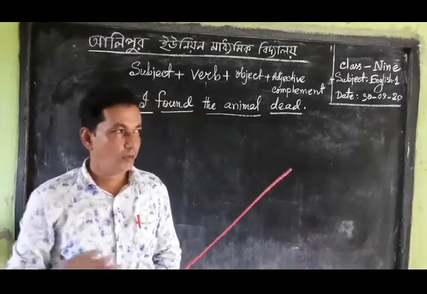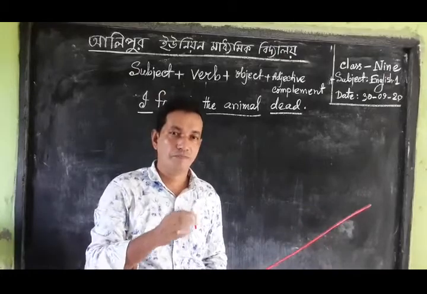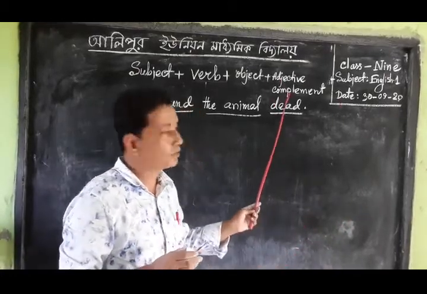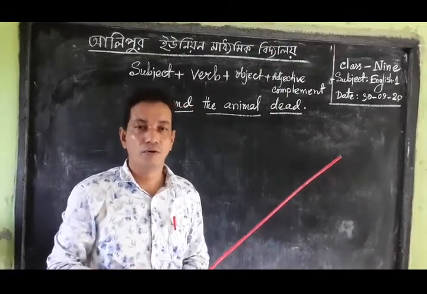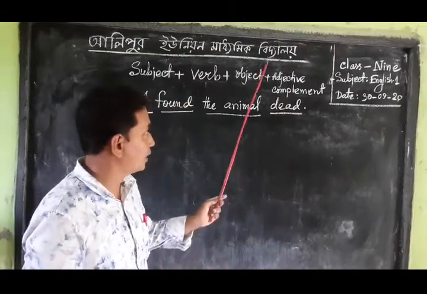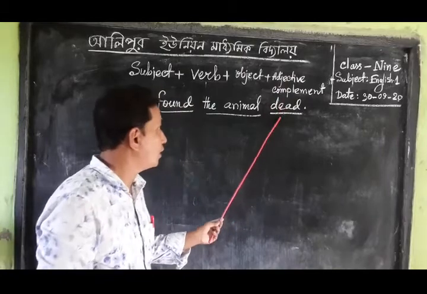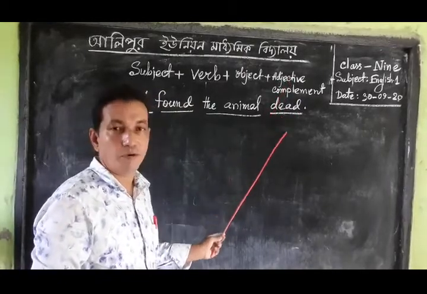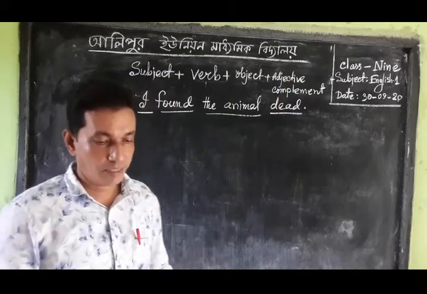As a noun is seated, a noun sits as a complement, so it is called noun complement. And likewise, an adjective sits at the position of complement, so it is called adjective complement. Okay, dear learners, our next rule is